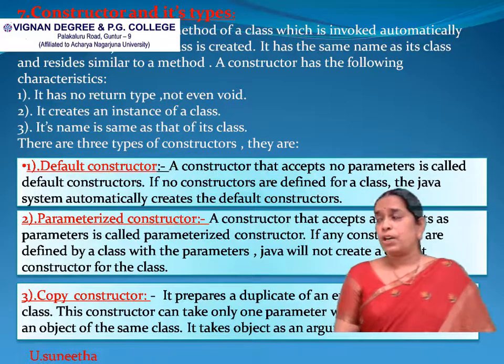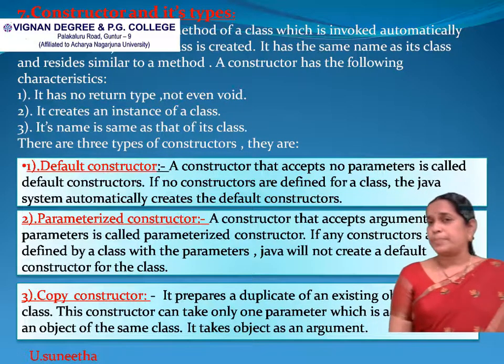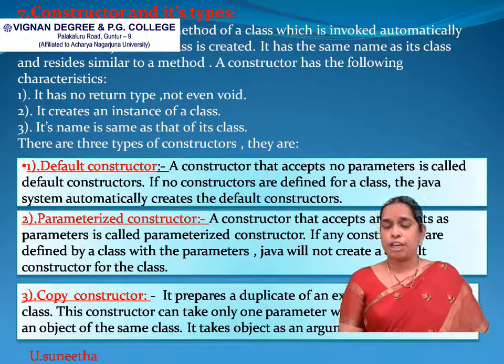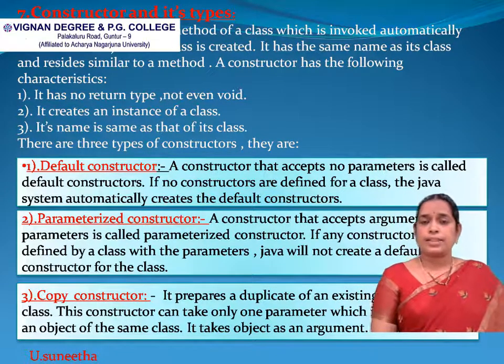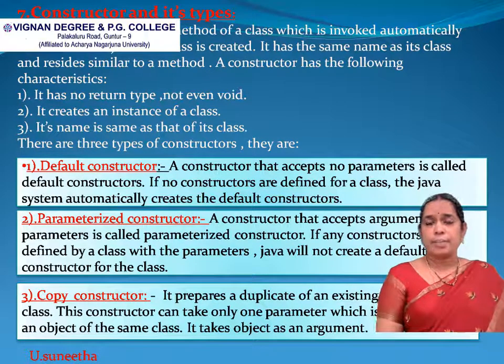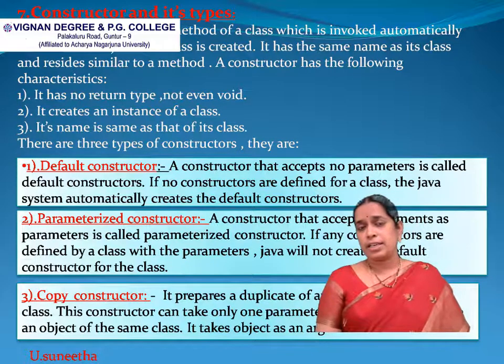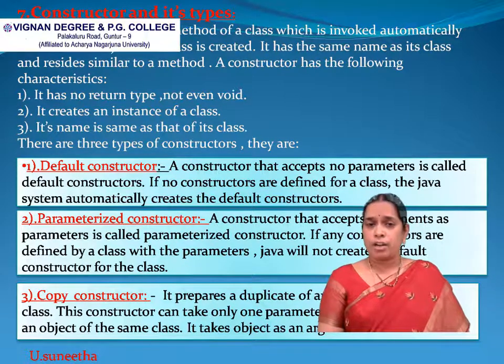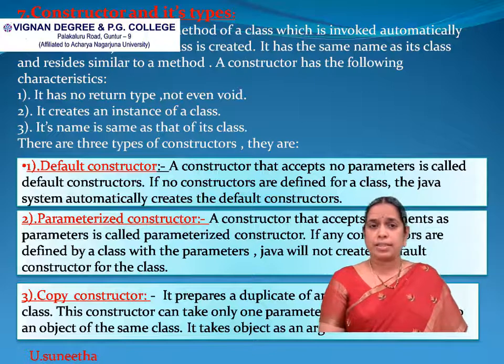And next, moving on to types of constructors. Here there are three types of constructors. The first one is the default constructor, the second one is the parameterized constructor, and the third one is the copy constructor. First, what is a default constructor? A default constructor is a constructor that takes no parameters. No parameters will be present for this constructor, and this is generally treated as the default constructor. The second one is the parameterized constructor. A parameterized constructor takes one or more parameters as arguments. That is referred to as a parameterized constructor.